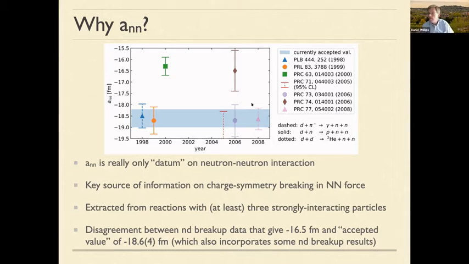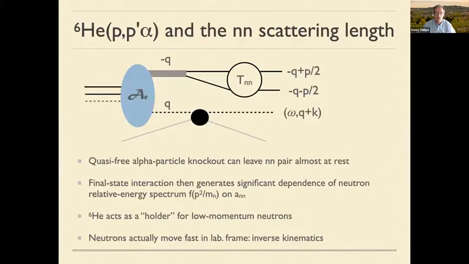So we'd like to essentially settle this: which side of the proton-proton strong scattering length are we on? And that's what Tom's experimental proposal, Tom et al.'s, I should say, there are other people involved too, seeks to do by bringing in a completely new source of information on the neutron-neutron scattering length.